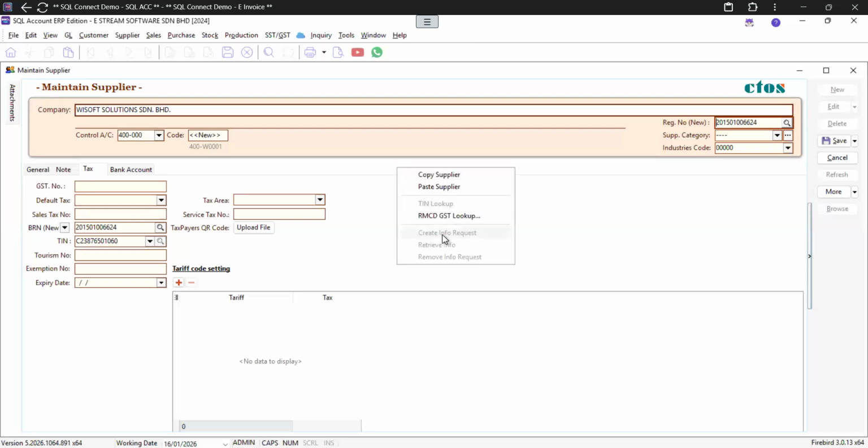You will be able to see Create Info Request. Right now, because this is testing, I cannot use this one. So if your database is real, don't worry, you can always use this one. What is its purpose? Create Info